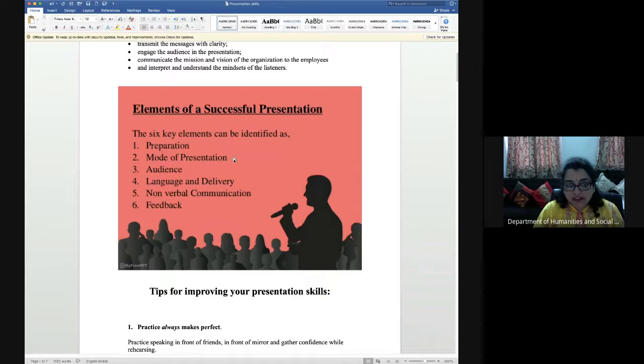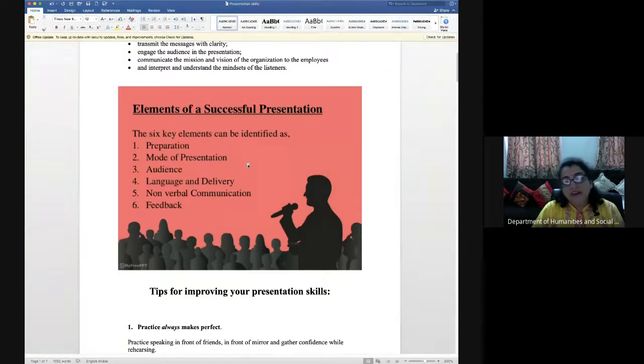Then there are nukkad nataks also. If you try to present it through some drama, through some theater, they are able to understand it much better. So this is the type of audience we are talking about. But in urban areas where people are more educated, they are faster, they are digitally more advanced, and they know better things. So you can always have presentations through PowerPoint, you can explain it through diagrams, you can present the data before them, you can present some pictures, and they are able to understand through that.